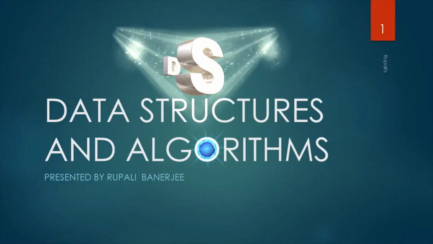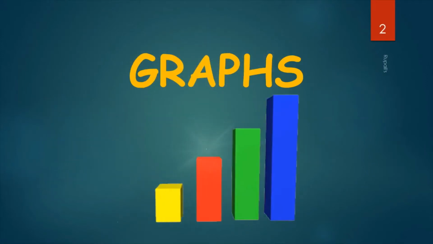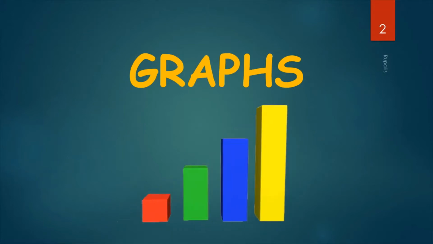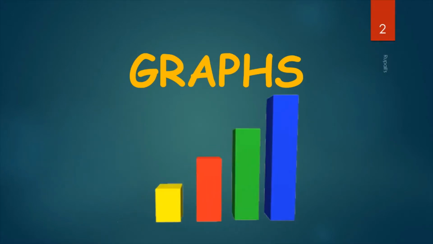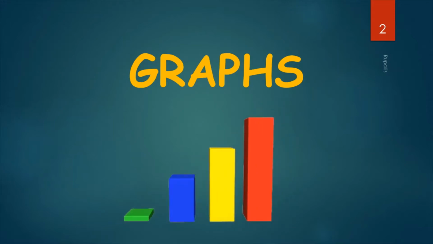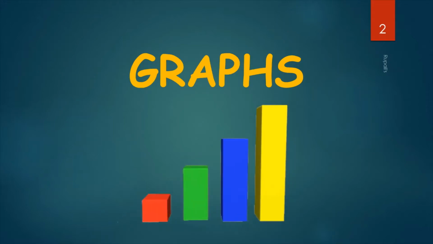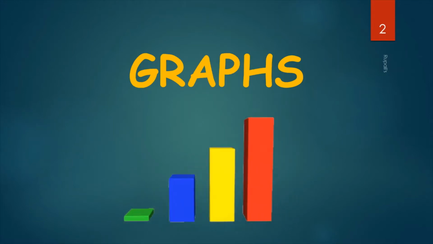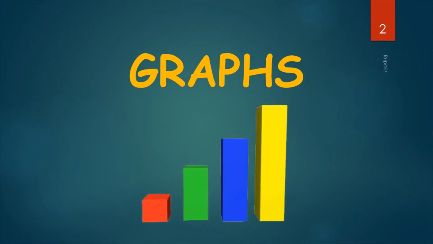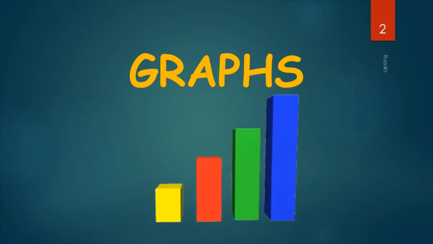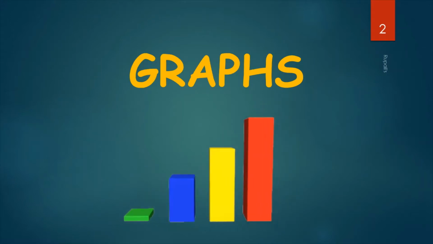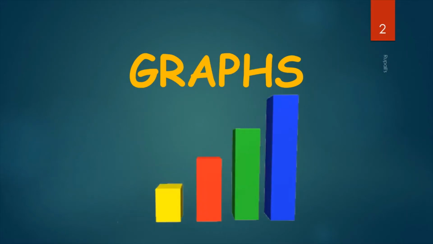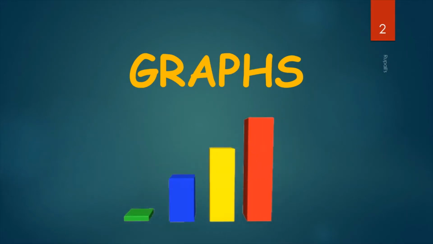Today we will learn graphs. So what is graph data structure? We already learned in our previous video that graph is a set of nodes, that is vertices, and edges, that is lines connecting those vertices. Sometimes real world information is represented by graph. To represent real world information in a computer program, we need a data structure called graph data structure.